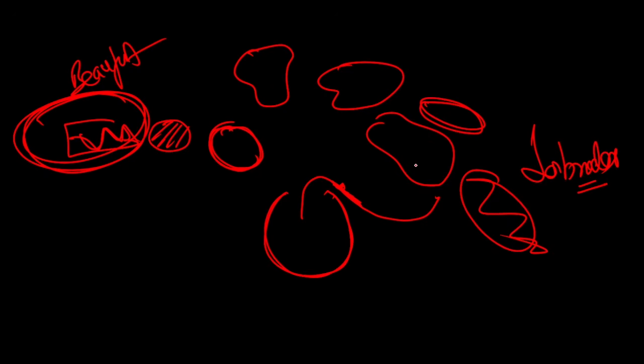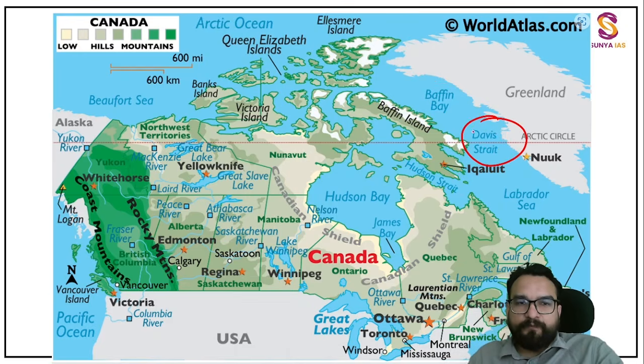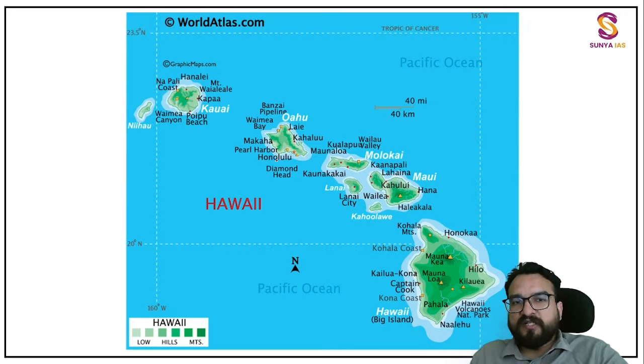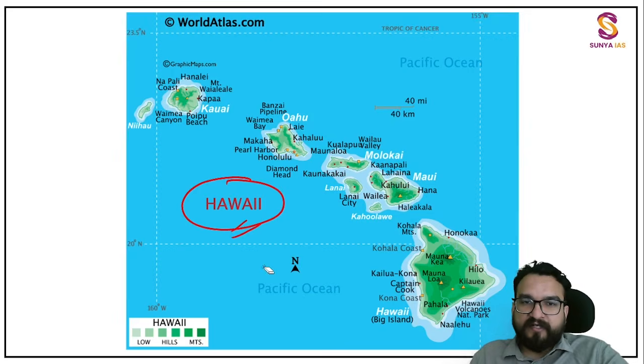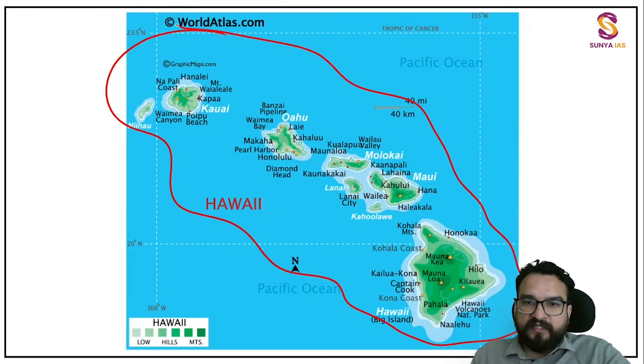Right. So this is the information which you have to check. And Davis Strait also, you don't forget. This is a rough understanding over here. One island I forgot to tell you about is this one. It is present in the Pacific, the Hawaiian Islands, but this belongs to the USA, over here you will be finding. Very important, Hawaiian Islands. So Hawaii is part of USA territories over here. These are the archipelagos you will be seeing like this, guys.